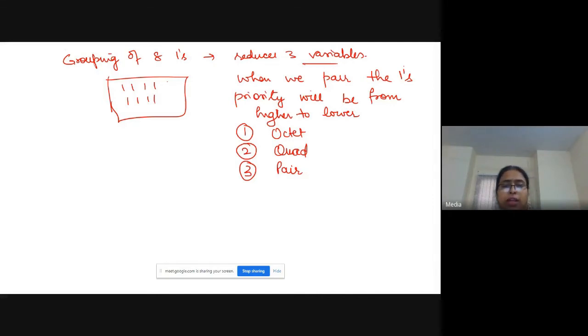So in the end, if any one is left and no pair is there, then you have to write it as it is. If only a single one is left, it has not made any pair, any quad, any octet with anyone, so it will be written as it is. It will include all the variables, because it has not contributed to the elimination of any variable.